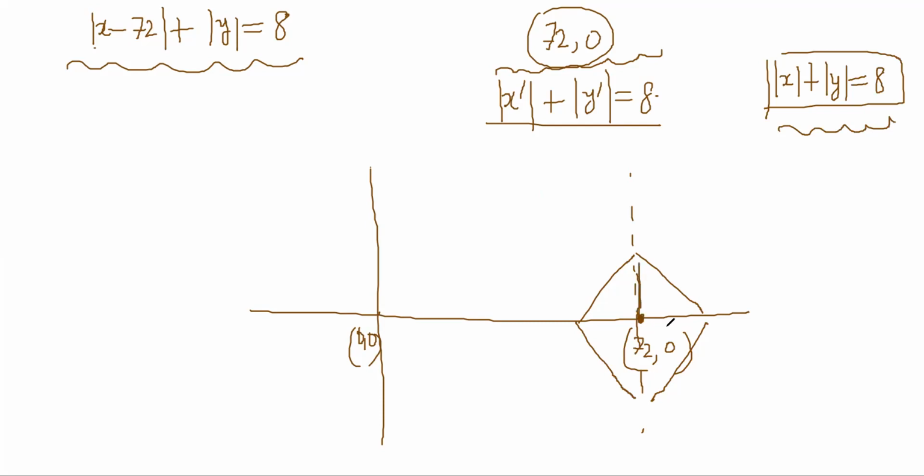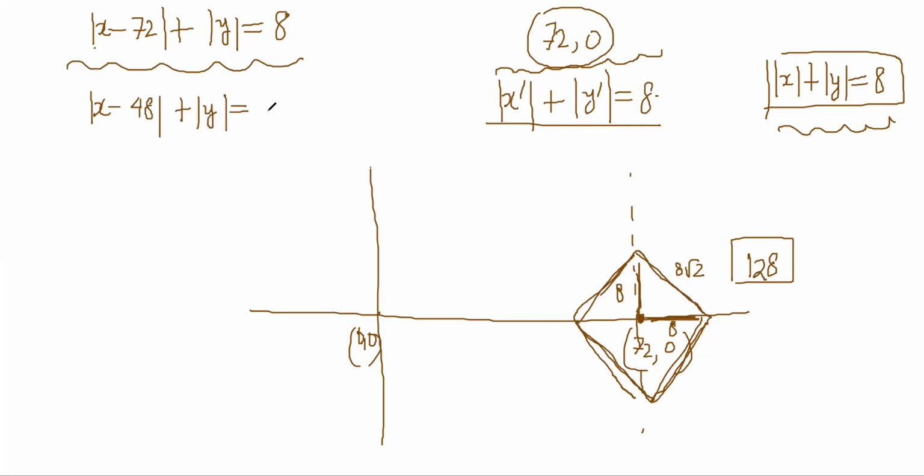Now see, the 8, 8 is making sense. 8, 8, and this becomes 8 root 2, right? So 128 is the area of this A3, right? And if it was A2, it was centered at some 64, no? It was something different, no? A2 was what? 48. 48, yeah. So it was centered at 48, and plus y was equal to 16. So this one was slightly bigger now, but it was at 48, 0, right? Centered at 48, 0, but a bigger graph, right?